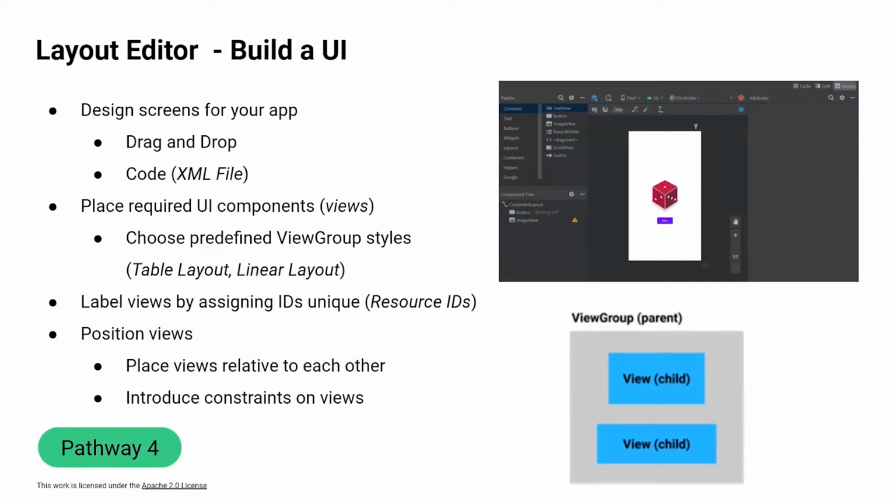Now, another thing to keep in mind, this is an important aspect of the layout editor. Each view that you drag and drop into the screen should be assigned an ID, much like each student has their own registration number. But unlike a registration number, this ID doesn't have to be a number. You can give it a string as an ID as well. So if it's a button, you can give the ID roll button or something like that. You can think of it more as a personalized name.